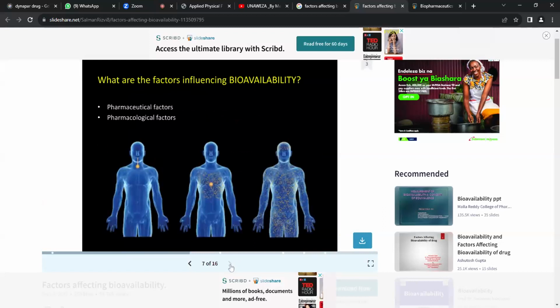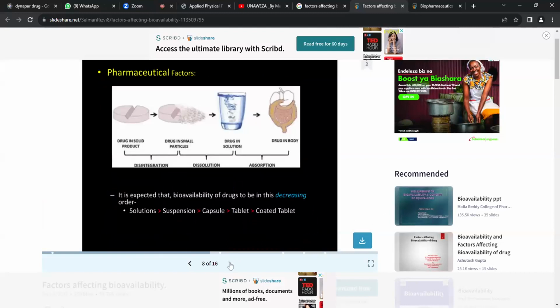So, we have two main factors that will affect bioavailability. We have the pharmaceutical factors and the pharmacological factors. The pharmaceutical factors are majorly related to the drug itself, and the pharmacological are the body system and the body majorly. So kwa pharmaceutical factors, we have factors such as,